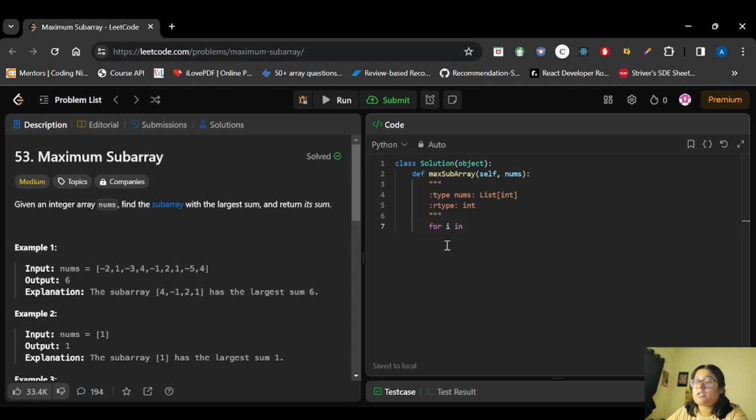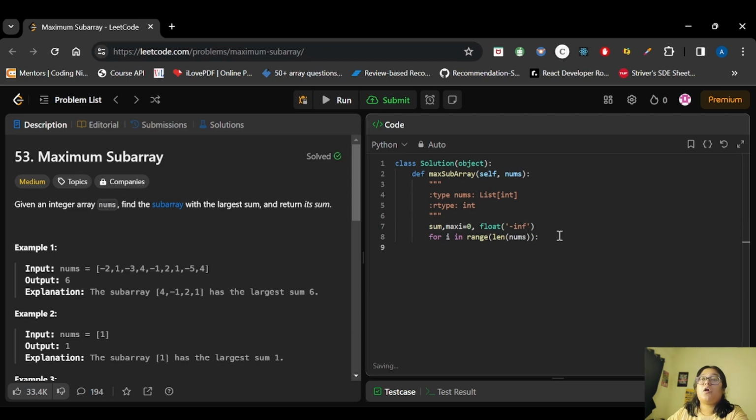So we will start the iteration over the length of nums. Now before that, let's initialize our sum and maxi values. Sum will be initialized with 0 and maxi will be initialized with the minimum value possible, right? So negative float infinity.